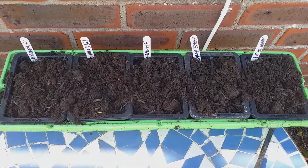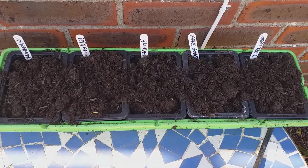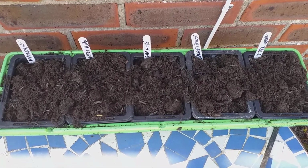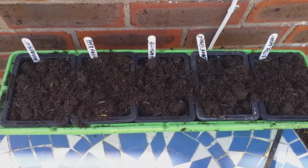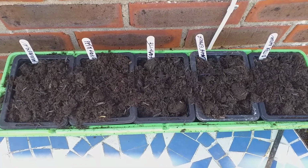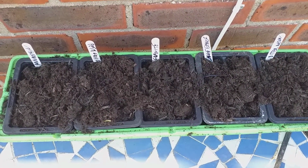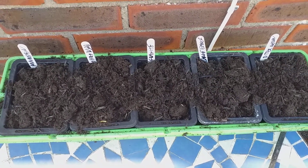So there you go, there's the melons in the windowsill propagator, the seeds, and they are going to go in a south-facing windowsill, and all being well, the extra warmth will help to germinate them well. I need to really get the cover over for the windowsill propagator for the extra sort of greenhouse effect, if you will, but